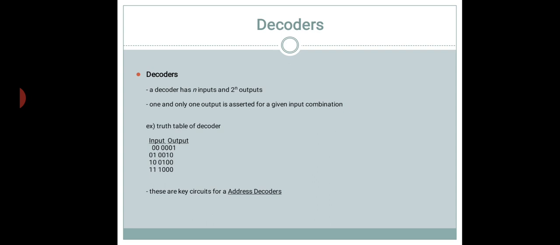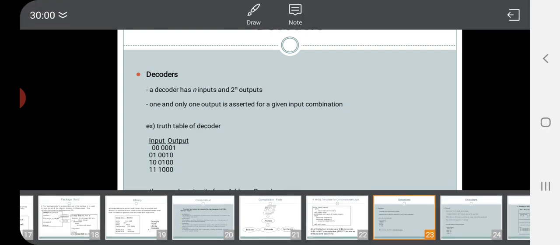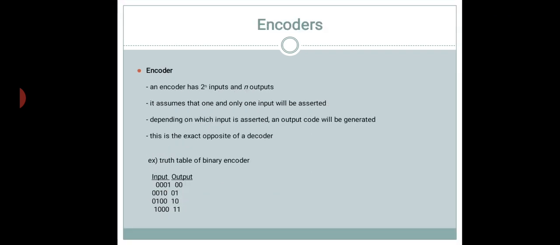When 0 1 is applied, output line y of 1, the first line, is activated. 1 0 activates the second line, and 1 1 represents that the third line will be activated. This way the decoder can be designed.